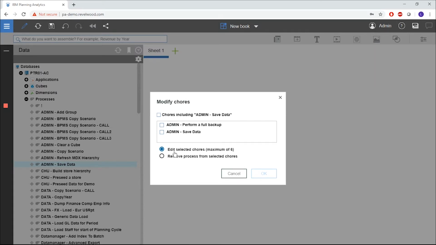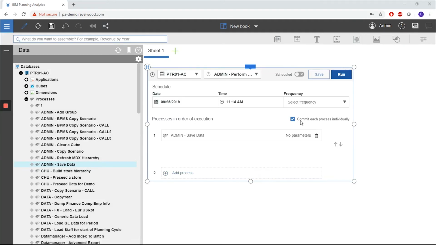Function number one, I can edit the selected chore. So I'm going to select one of the chores. I'm going to click on that very first one, Perform a Full Backup. I'm going to have the option Edit Selected Chore selected, and I'm going to click on OK. And when I click on OK, it will bring me to the chore maintenance screen, which allows me to manipulate my scheduling, it allows me to define my commit mode, and it allows me to define all of the individual